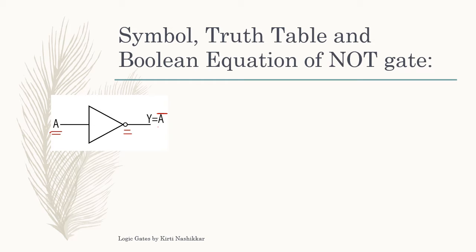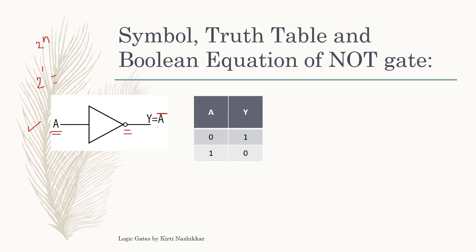Okay, and just note down that here we are taking only one input, and corresponding to that we are getting another output. This is the truth table. As there is only one input, obviously two combinations will be there. You just have to use this particular formula for taking the combinations, where n is the number of inputs. As here the number of input is 1, that's why two combinations will be there.